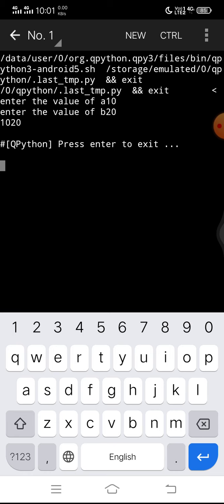You were expecting the output to be 30. As already told, a and b will get string type values. Whatever I am entering, whether it is 10, 20, Rohit, the value is always considered as string. So whenever I am adding a and b, this is string concatenation. 10 is a string, 20 is also a string. So output is the concatenation of 10 and 20, and output is 1020.